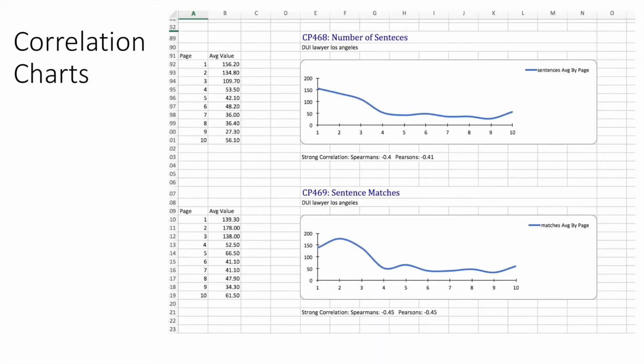We also have charts. The charts are very valuable for understanding the correlations. So you can see why it's correlating, how it's trending, what values it's trending to. It's a very important part of learning to understand the numbers. These correlation coefficients represent the slope of the trend line, and a normal factor, where the more of it you have the better you rank, has a negative slope. So you have a negative correlation coefficient. It lets us eyeball the data to make sure that the math is doing the right thing,